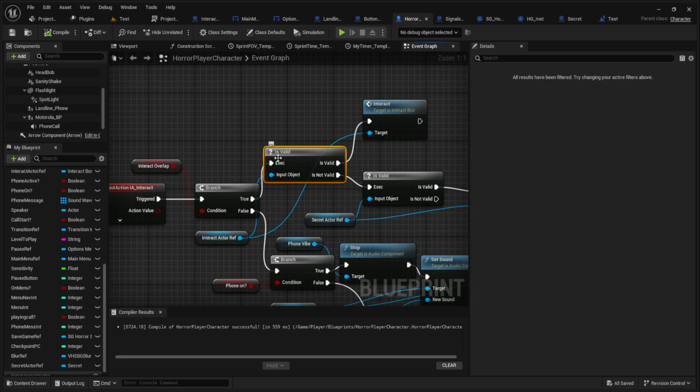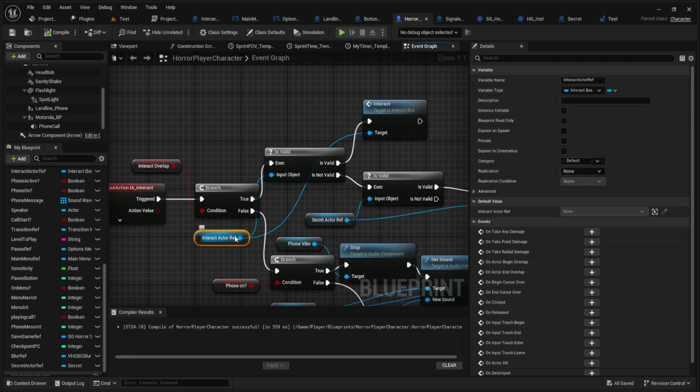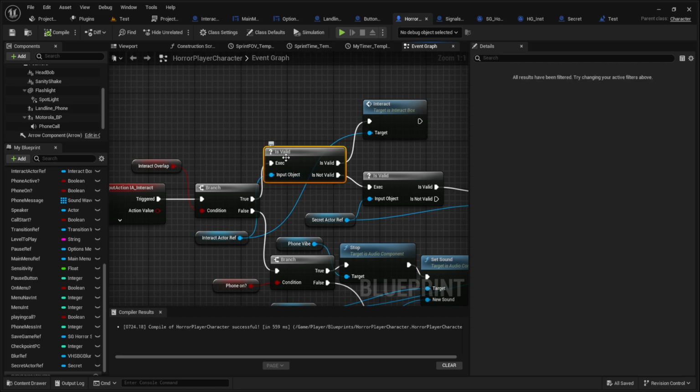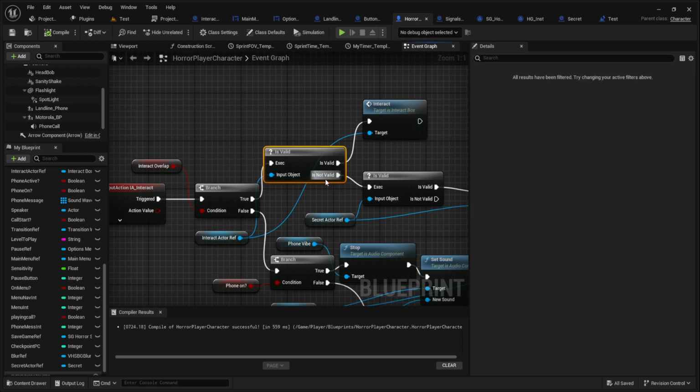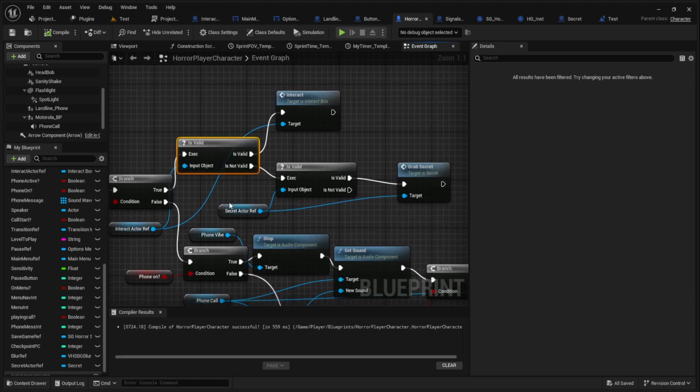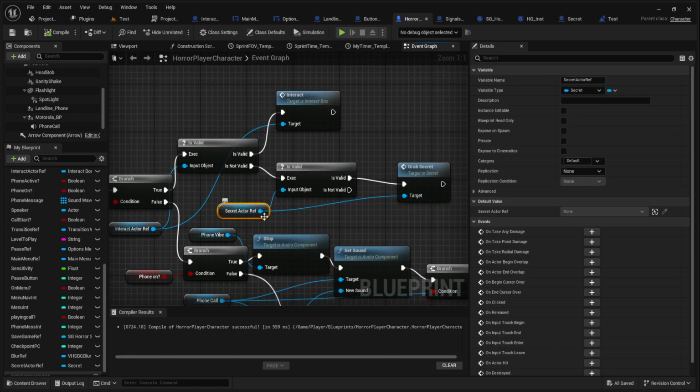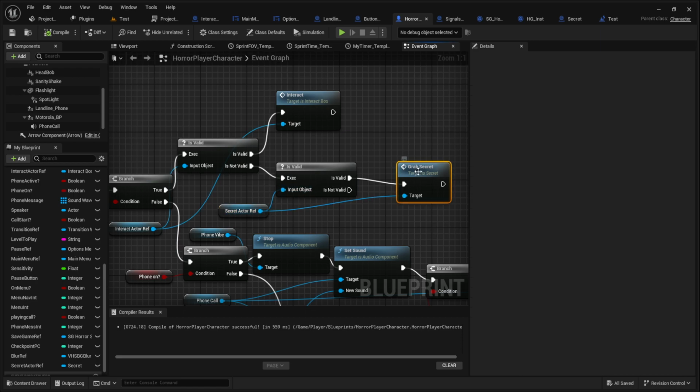So what this is valid checks is if this is set to anything other than none. If it's set to anything other than none, then the interact actor ref is valid, meaning that it is set to an object. Now, if let's say this is set to none, I'm not overlapping with any object, then it's set to invalid. And then therefore we move on to my secrets actor, and we check to see if I'm overlapping with this. So this checks to see if this is set to anything, and if it is set to something, then we